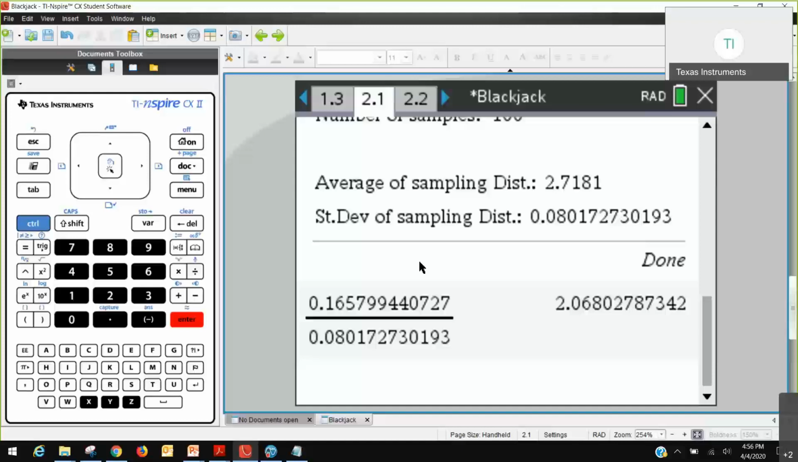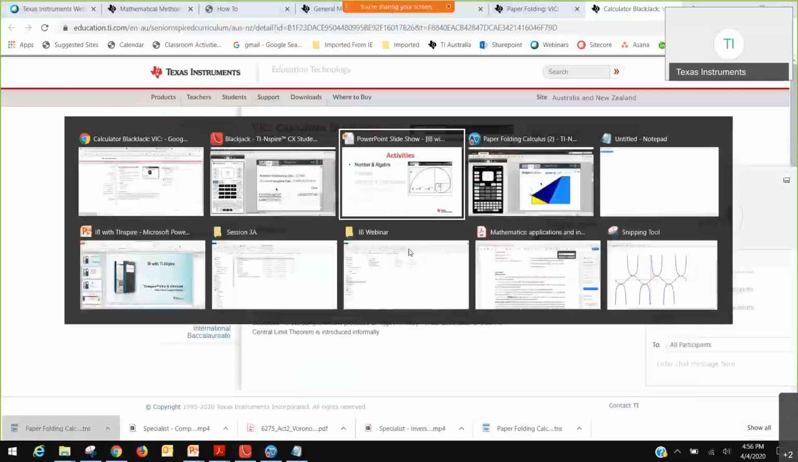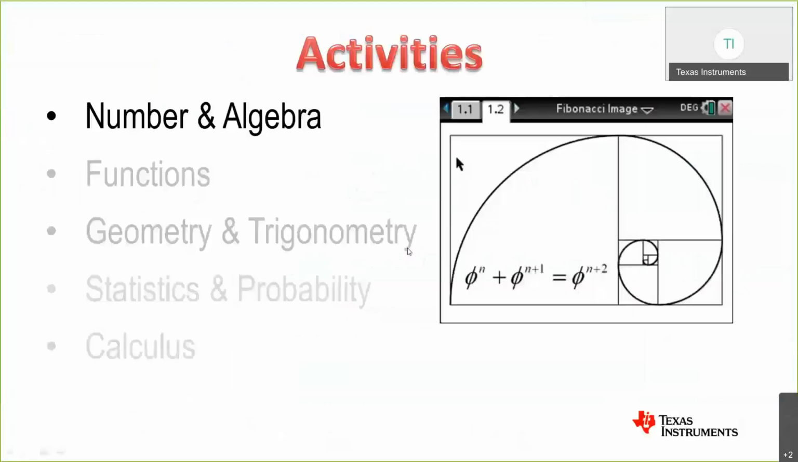And someone said, is it E? Is it Euler's number? Yes, the average is actually Euler's number. So it's kind of a cool problem to give students. All right, so that one's called blackjack. Well, calculated blackjack. Next one, and probably my last one before I hand over to Sanjeev, is one on number